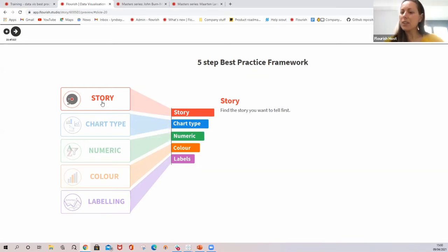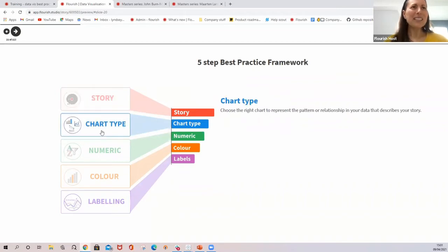And that is in the finding your story analytical part of looking at data. This session is focused on the communication part of it. We could do many sessions on visual analytics, but this really is key, because what happens is, if you don't really understand the story you're trying to tell, you'll make a visual that doesn't speak to that story, or you'll end up going back to starting from scratch because you got through the whole process and realized that wasn't really the story you wanted to tell. And then all the decisions that you made on these other things aren't the right decisions. So I'm going to hammer this home all the way through, but this really is the first thing you need